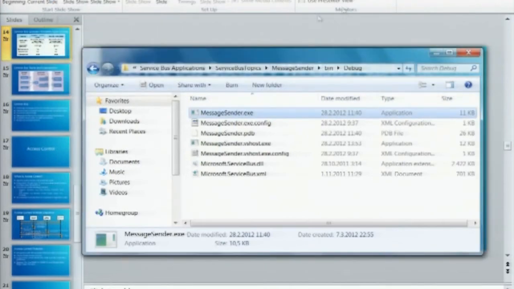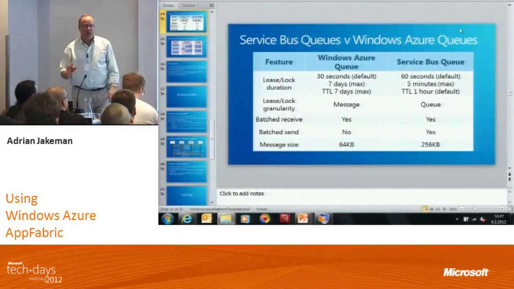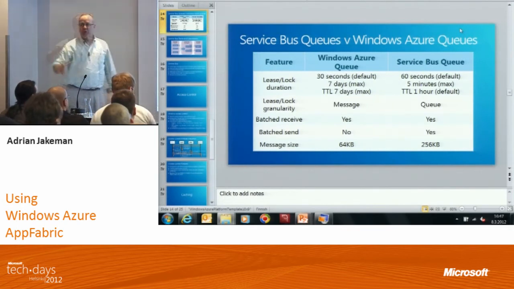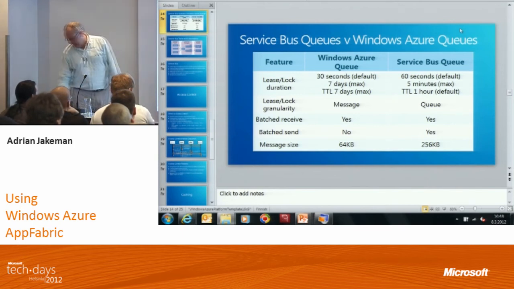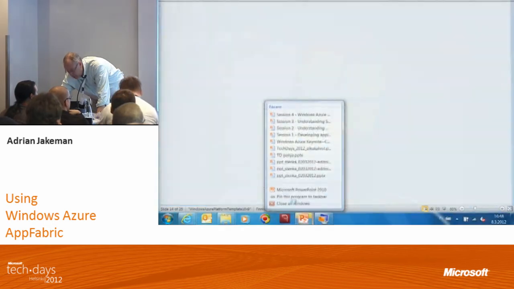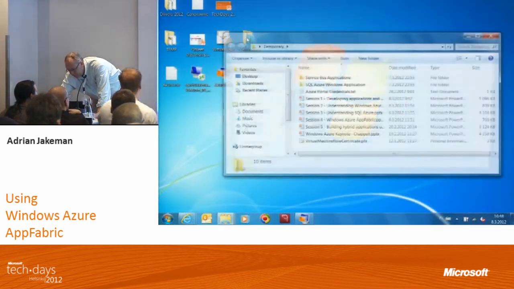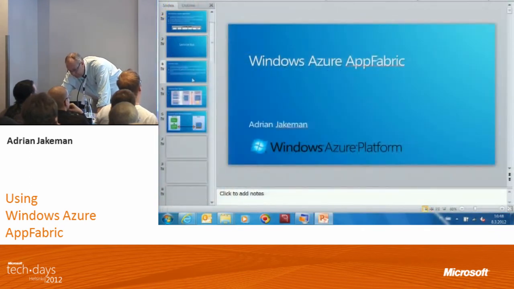So, Service Bus. An absolutely fab way to cope with reliably delivering messages, whether that's through a queue, through topics and subscriptions, or just through a simple relay. Guaranteed to work at scale and at speed. Okay. Why has PowerPoint just died now? Okay, that takes us nicely to